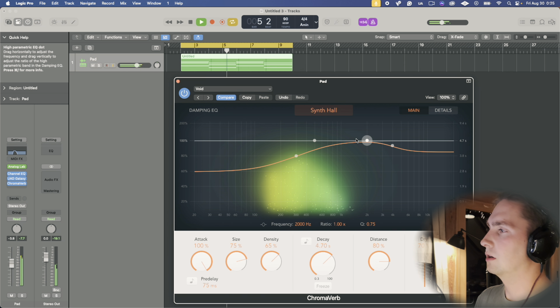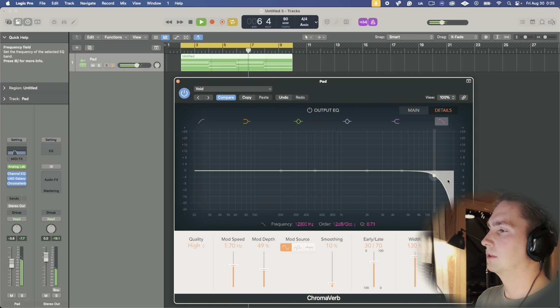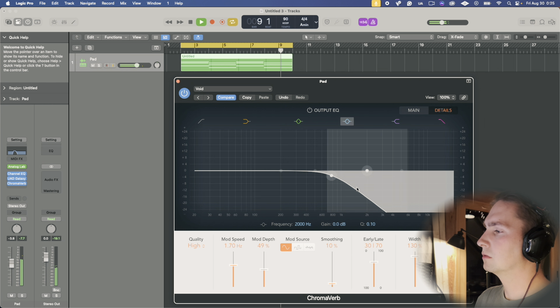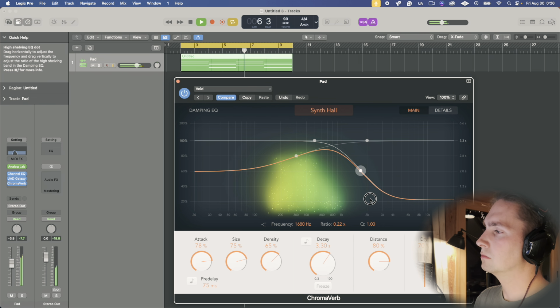A little too long though. And get rid of a lot of that top end. Cool.